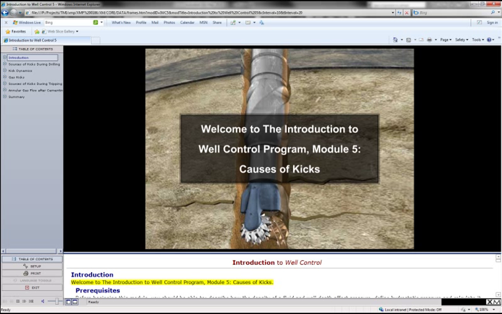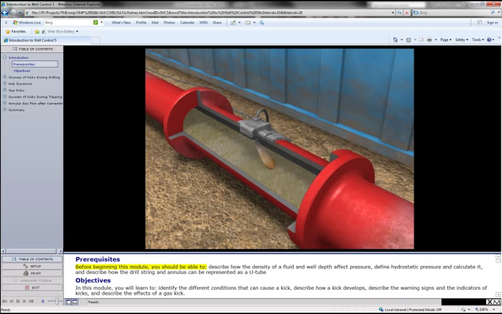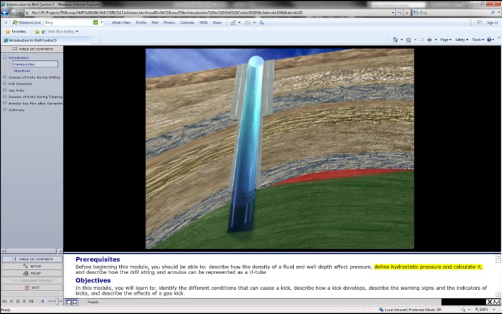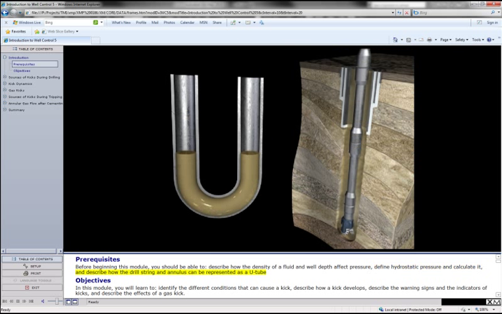Welcome to the Introduction to Well Control program, Module 5, Causes of Kicks. Before beginning this module, you should be able to describe how the density of a fluid and well depth affect pressure, define hydrostatic pressure and calculate it, and describe how the drill string and annulus can be represented as a